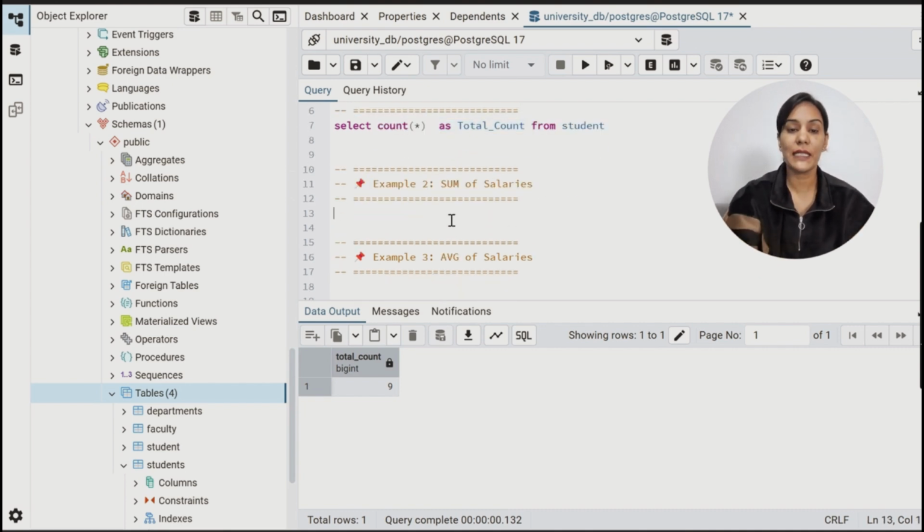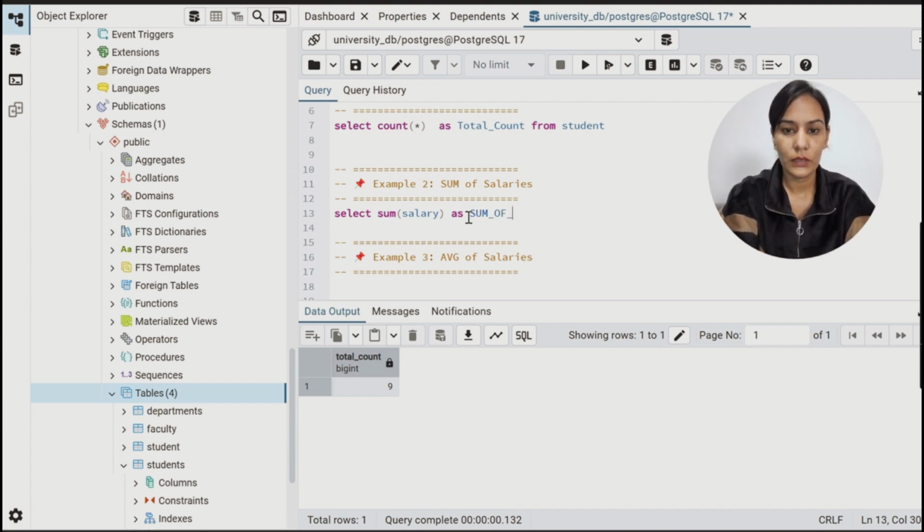Now next is the sum of salaries. We have salary in the faculty table, as I showed earlier. Then I will use select, then the function name is sum, then the column on which we are going to check this, so the column name is salary there. If we want, we can give it a name as sum of salary.